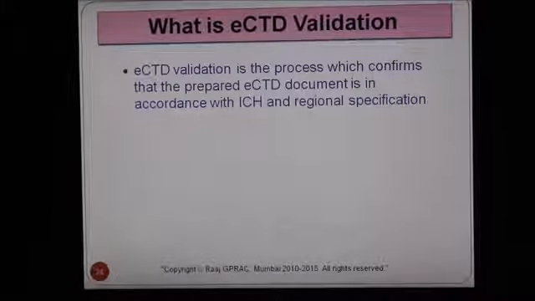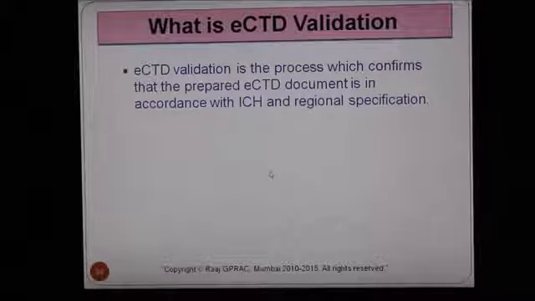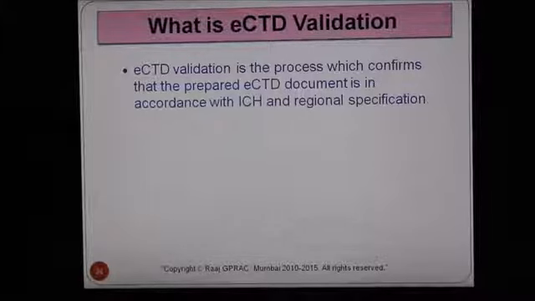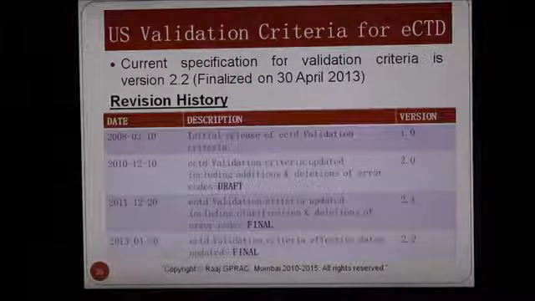Now let us talk about what is eCTD validation, which is an important factor when you are submitting in eCTD. eCTD validation is the process which confirms that the prepared eCTD document is in accordance with ICH and regional specification. So, US validation criteria for eCTD,